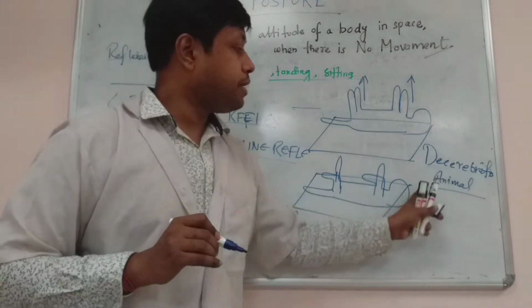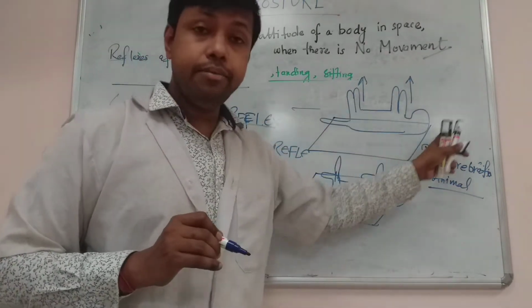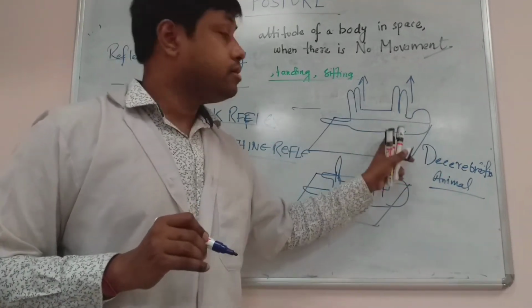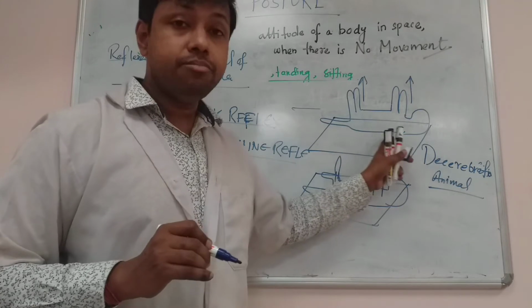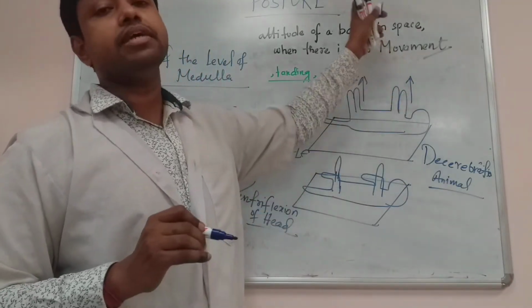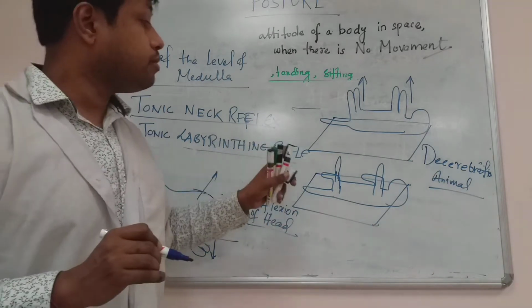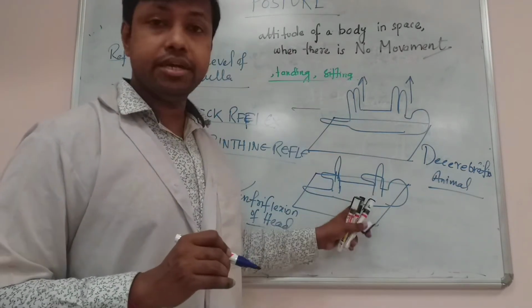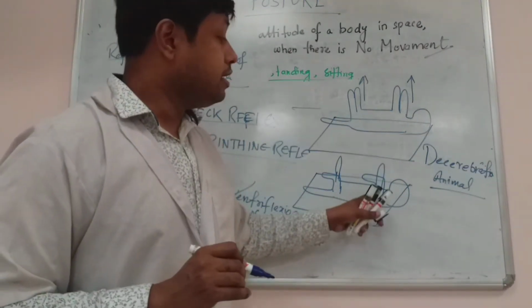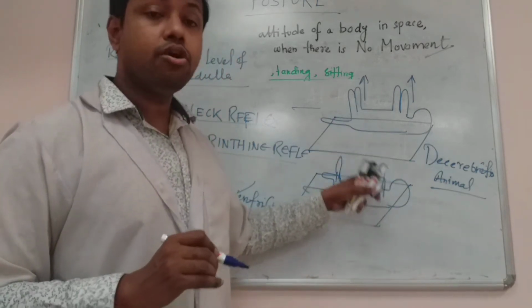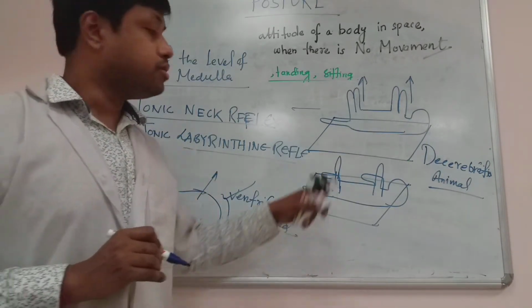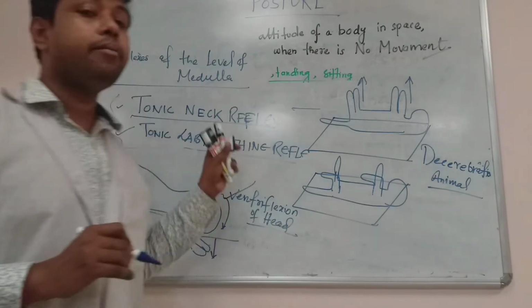So this is a decerebrate animal. If you let a decerebrate animal lie on a surface such that it is lying on its back, all the limbs will be extended and facing upward. Okay, this is called tonic Leber-Enden reflex. Now, if there is a vestibular apparatus lesion on a particular site, you will see flexion of the limbs on that particular side. That is together known as tonic Leber-Enden reflex.